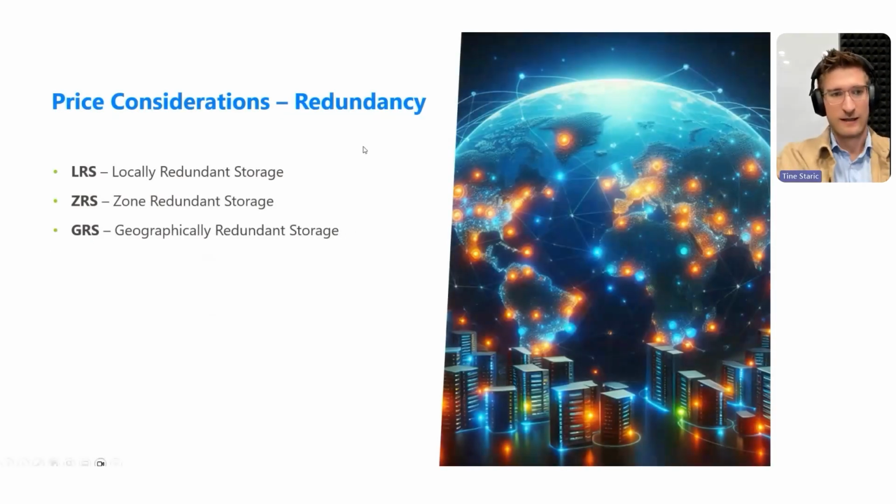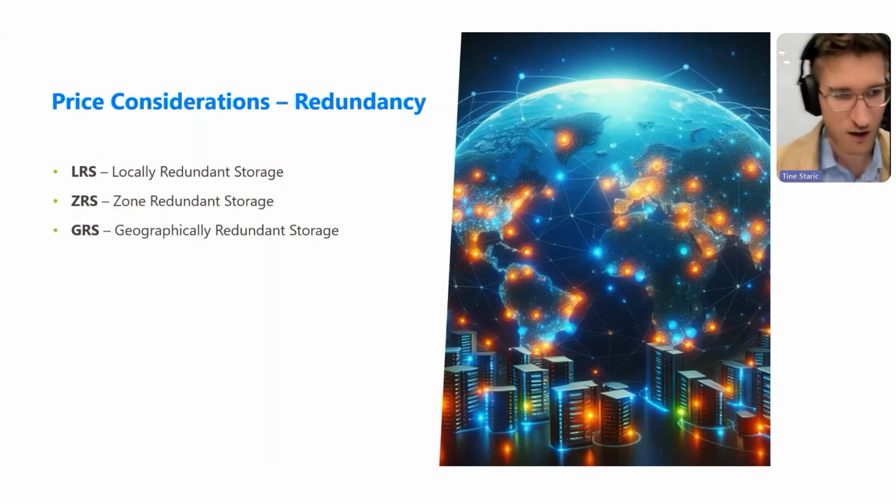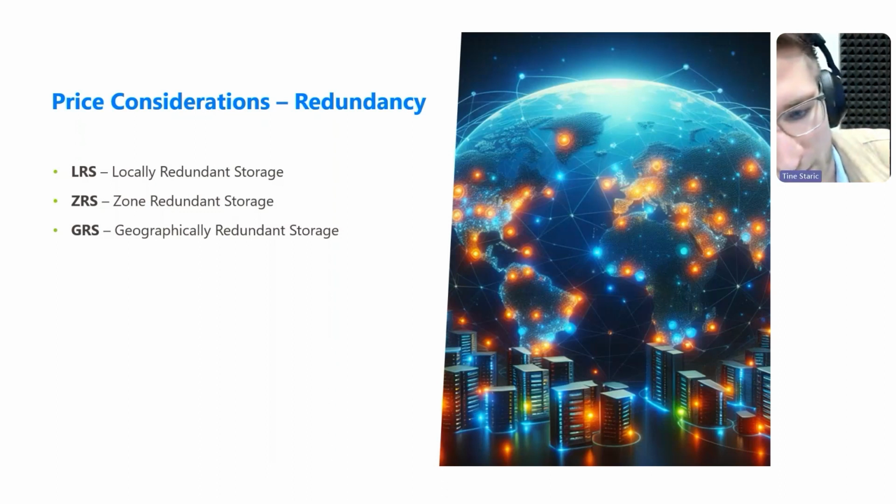Redundancy. I'll be short on this one because in most cases it won't matter as much, but still I want us to understand what those weird letters are that we see on the price calculator. There's 3 types that you should know of: locally redundant storage, zone redundant storage, and geographically redundant storage. These options specify